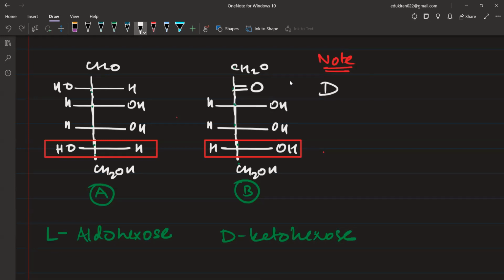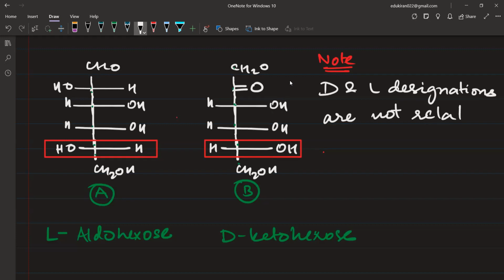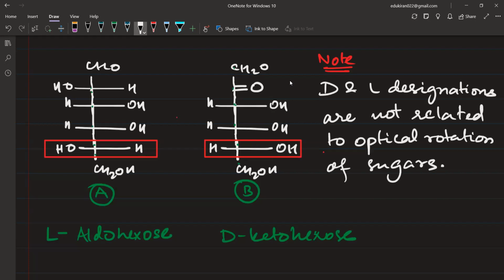D and L designation are not related to optical rotation of sugars। ठीक है, डी और एल का मतलब नहीं है कि डी का मतलब ये राइट साइड आपको रोटेट करेगा एल लेफ्ट साइड, ये सिर्फ डेजिग्नेशन है अकॉर्डिंग टू द ग्लिसरॉल्डिहाइड। ग्लिसरॉल्डिहाइड से हमने ये डेजिग्नेशन लिया है बस, इट इज नॉट रिलेटेड टू ऑप्टिकल रोटेशन, प्लीज रिमेंबर दैट।